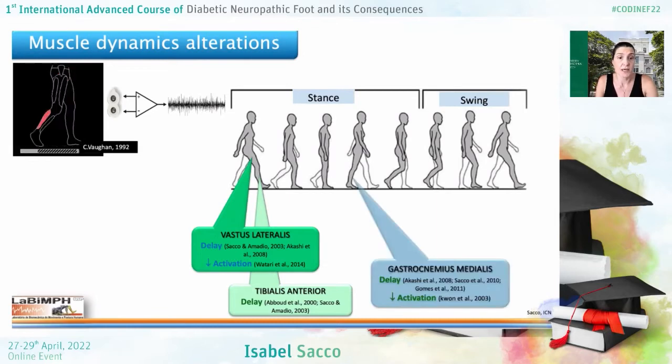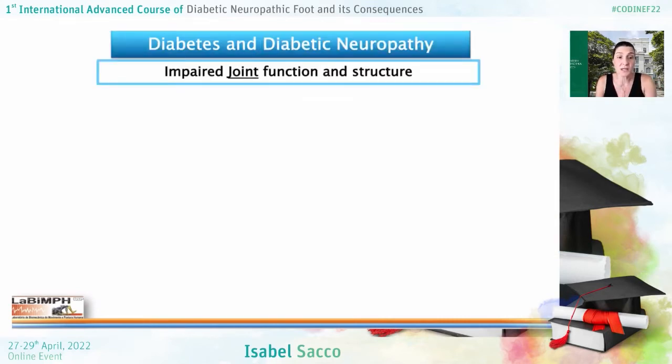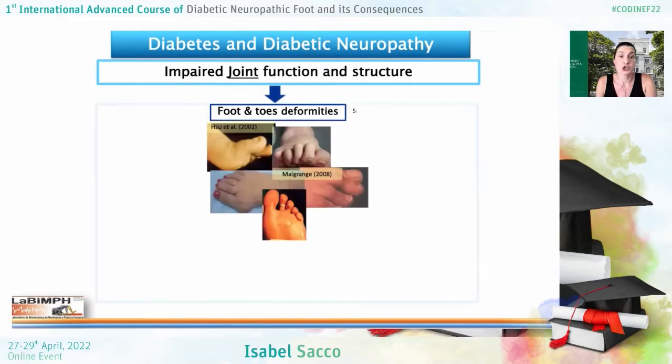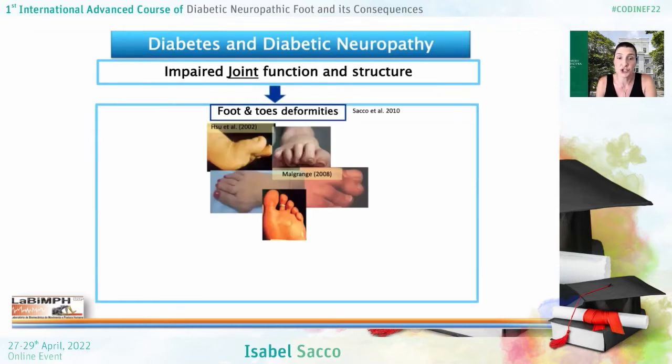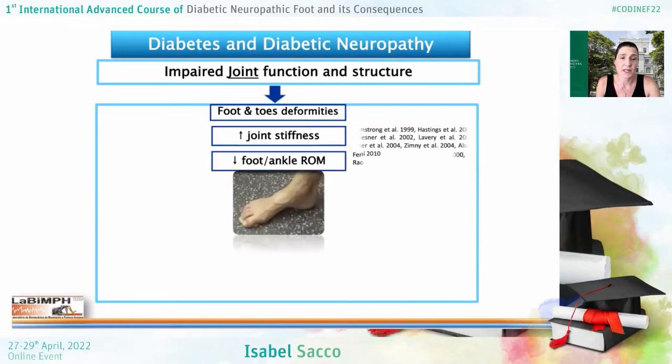The gastrocnemius has a decreased and delayed activation at the propulsion phase. And finally, the rectus femoris presents a decreased activity at the end of the stance phase. And they all impair the propulsion of the gait. Besides all these muscle alterations, other joint alterations have been observed, such as loss of mechanical properties of passive tissues leading to foot and ankle or toes deformities, greater joint stiffness, and reduced foot and ankle flexibility, which together will compromise